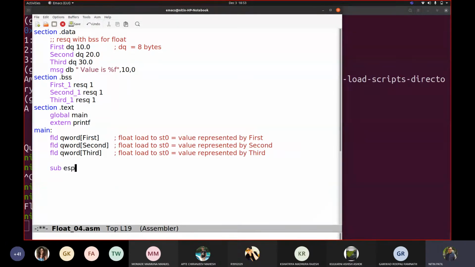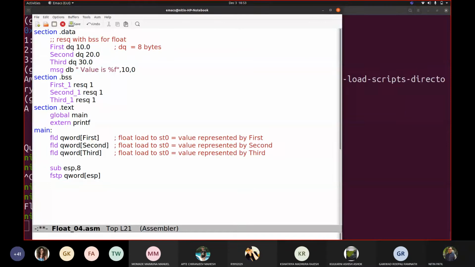Let me try this: sub ESP comma. How many bytes are to be added in the stack to store this value? 8. Fine. Suppose I write this and I am writing fstp at the address represented by ESP.